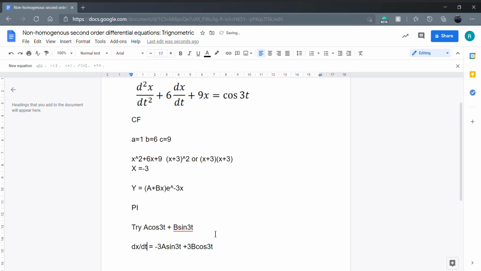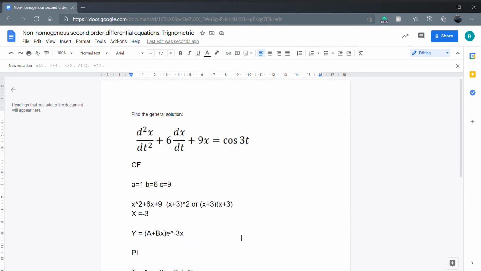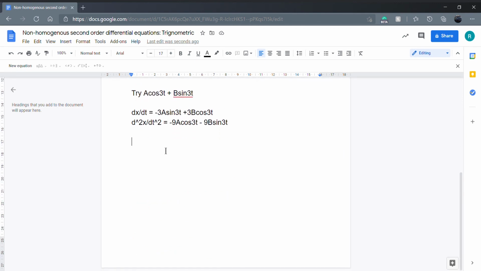And then we differentiate again, so we have d squared x over dt squared, which equals -9a cosine 3t, take away 9b sine 3t, which we then substitute these equations into the main equation, where we have -9a cosine 3t, take away 9b sine 3t, take away 18a sine 3t plus 18b cosine 3t